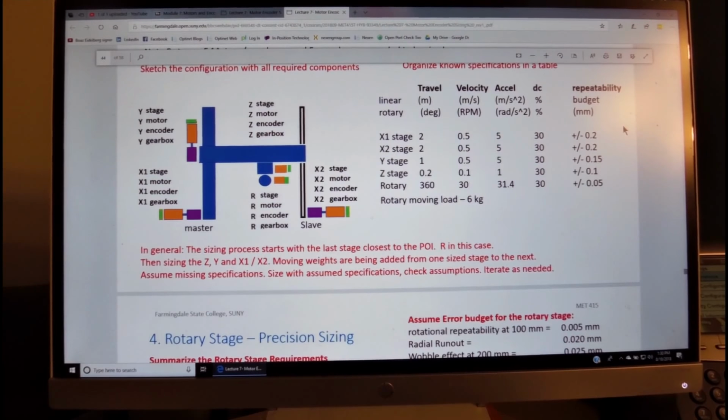We can also organize our information in a nice diagram that shows all the components with all the various definitions for them, and then summarizing all the specifications in a nice table. So rather than going to the customer specification, we can actually make our work a little bit more organized by summarizing all of it in a nicely organized table.